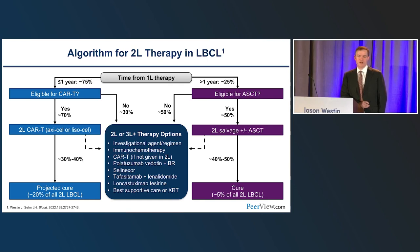And in the past, for transplant, we always thought this was about a 50-50 split. Yes and no for eligible for transplant. Here, we view this to be more likely a 70-30 split for patients eligible for CAR, yes, and 30% no, reflecting that more patients will be able to tolerate CAR T-cell than the toxic approach of platinum-based chemotherapy and autologous